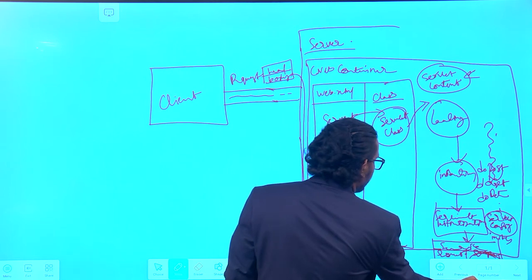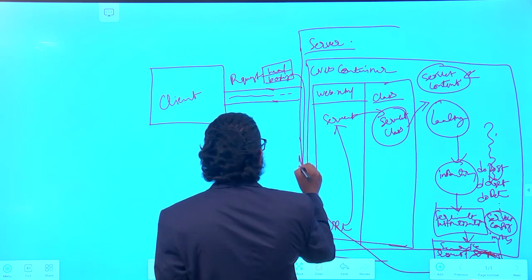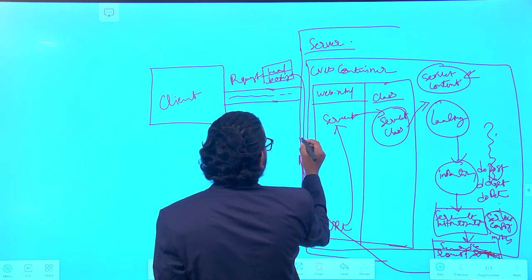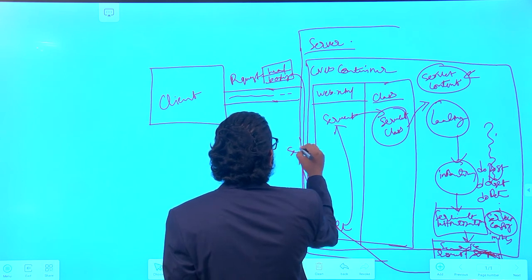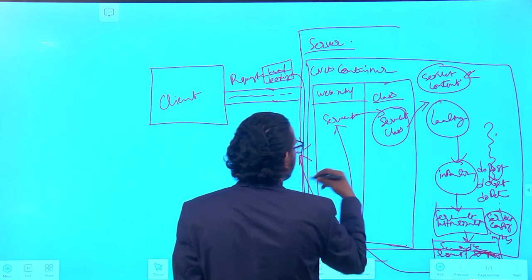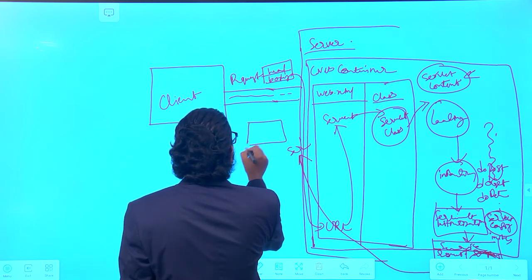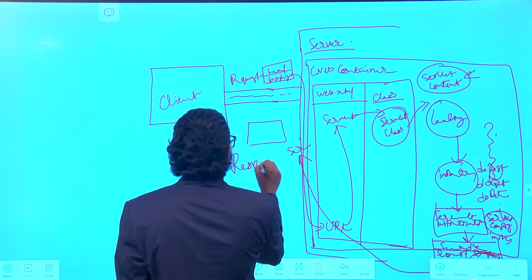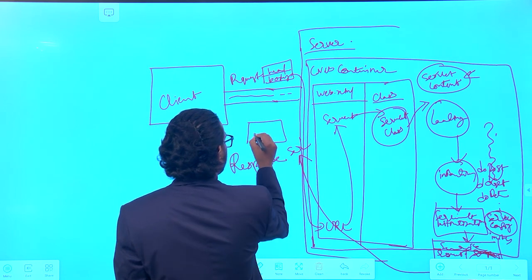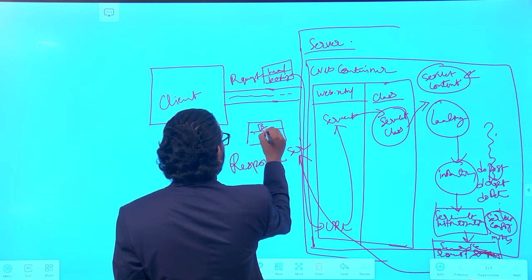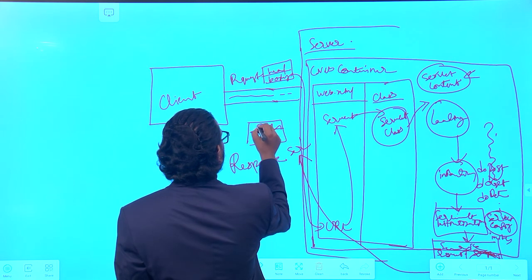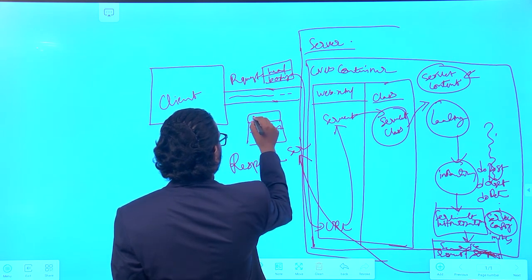Once the response creation is done, that response will be forwarded to the web server. That web server will create one response form. It contains the body and head information.